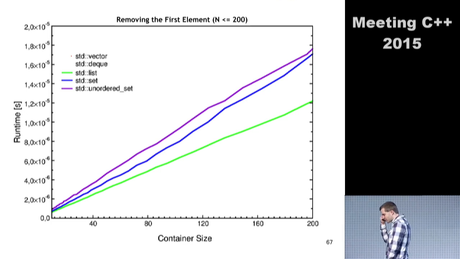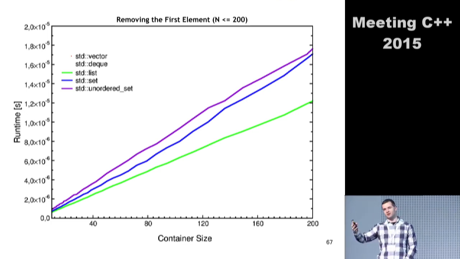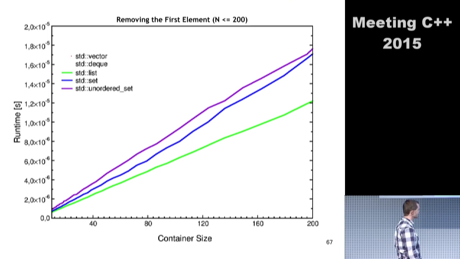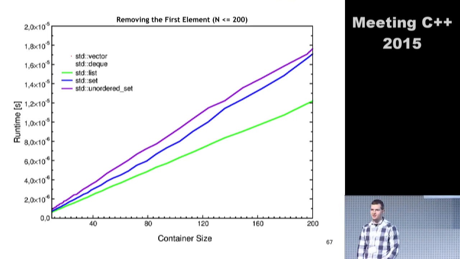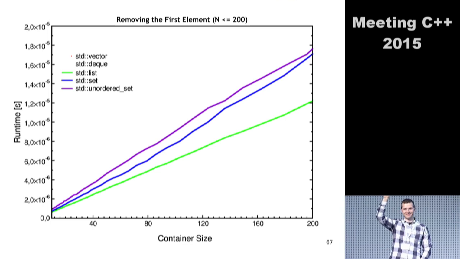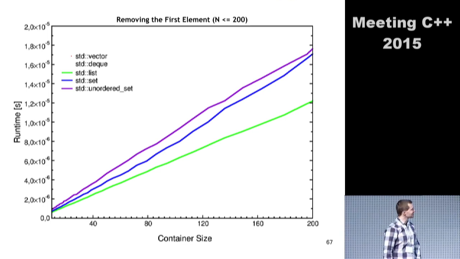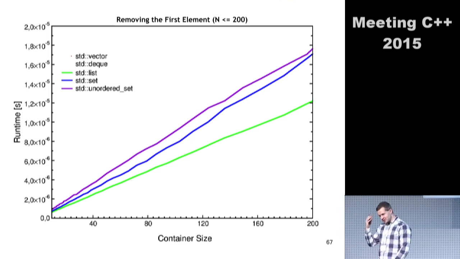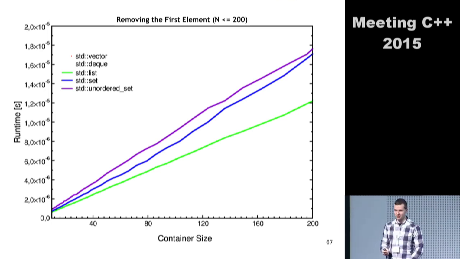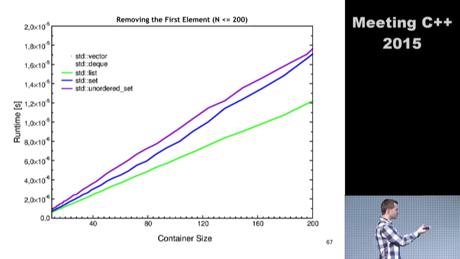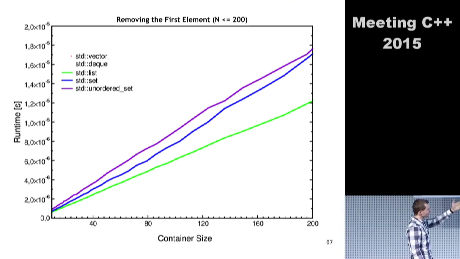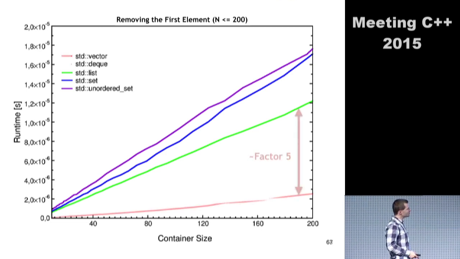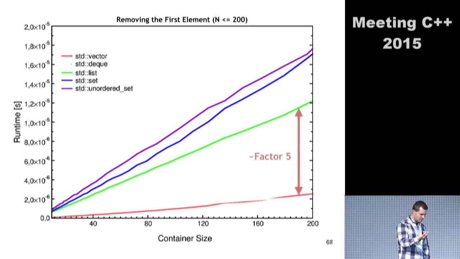Because, of course, if I always remove the first element, I always have to shift everything, right? All the elements have to be moved by 1, so by 4 bytes in this case. So, who would still use a standard vector? Apparently I'm doing a good job here. So, the advice: use a list if you want to remove at the front. If you have the element, removing it is not as good. A factor of 5, I think this is huge. Shifting elements seems to be far cheaper than actually using the delete operator.